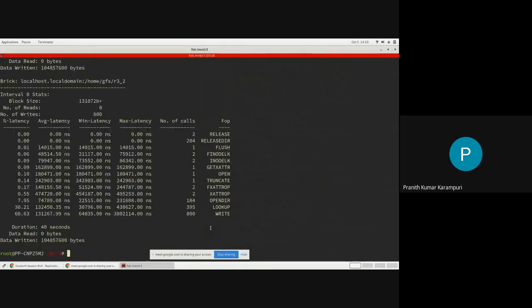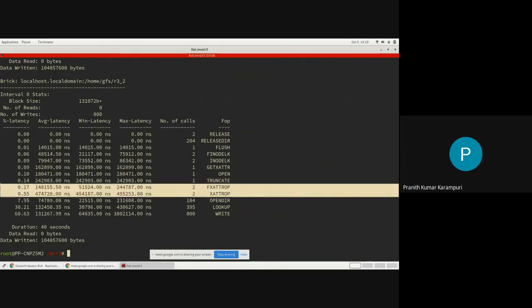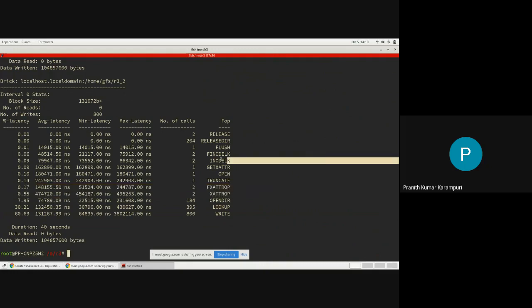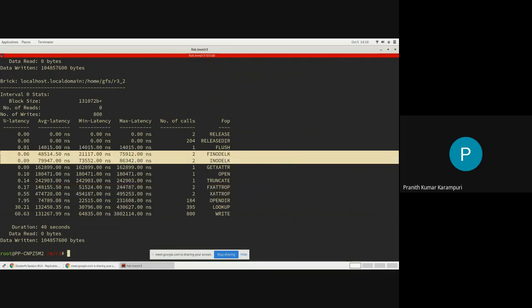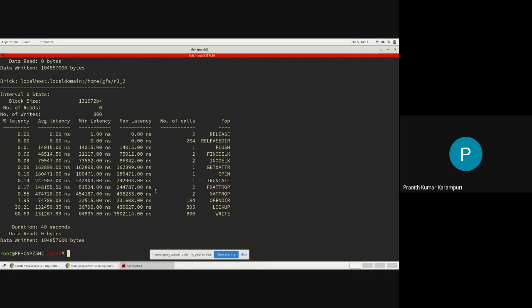If we look at this, even though the number of writes is like 800, we'll only see a very small number of locks and xattr operations which are done for pre-op and post-op. That is done because of an optimization called eager lock and delayed post-op.